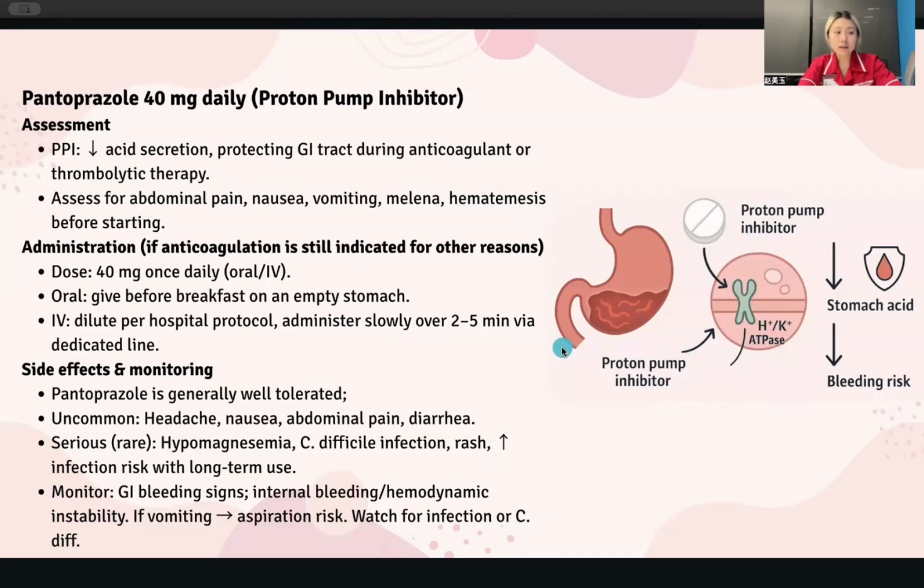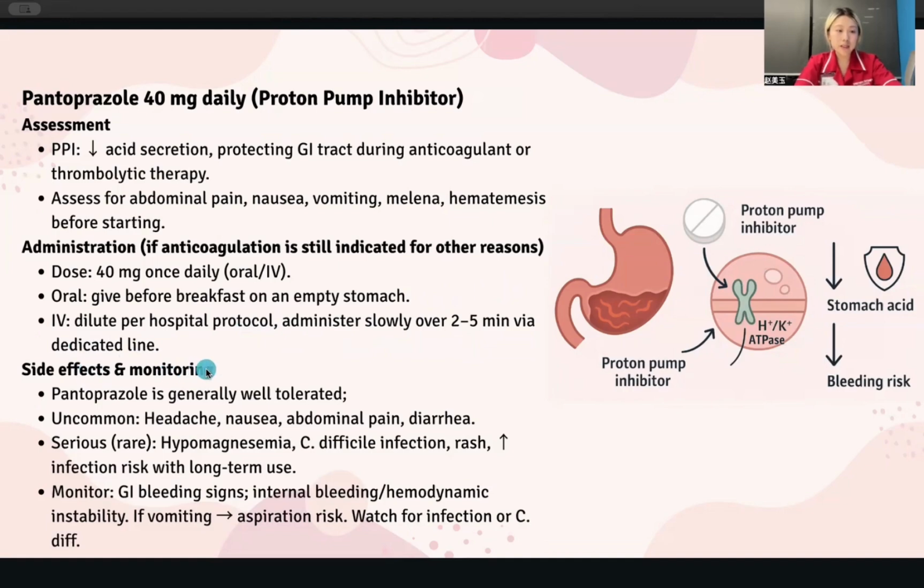Before starting, we assess for abdominal pain, nausea, and vomiting, as these may indicate pre-existing GI injury. For administration, the usual dose is 40 milligrams once a day, either orally or intravenously. If oral, it should be given before breakfast on an empty stomach to maximize absorption. If IV, we dilute according to the hospital protocol and administer slowly over 2 to 5 minutes via a dedicated line